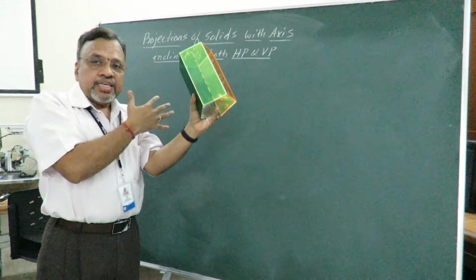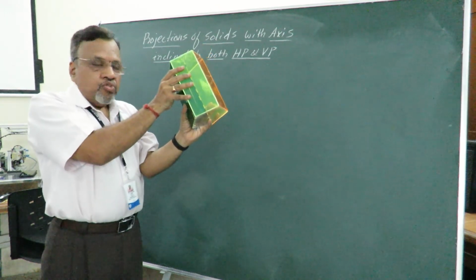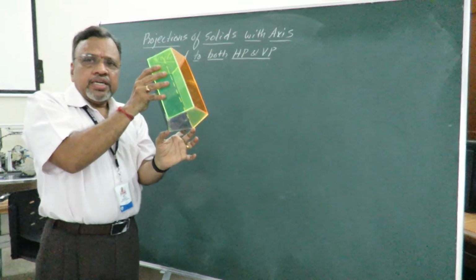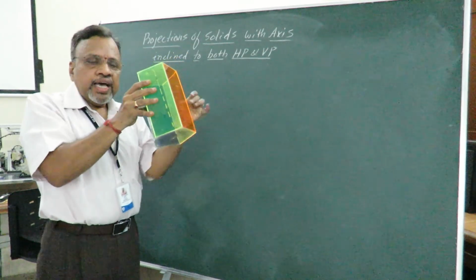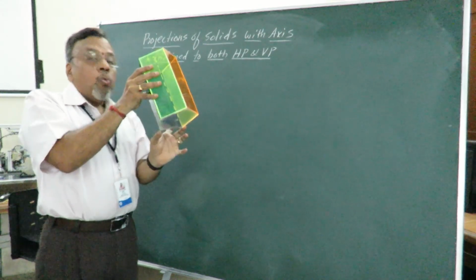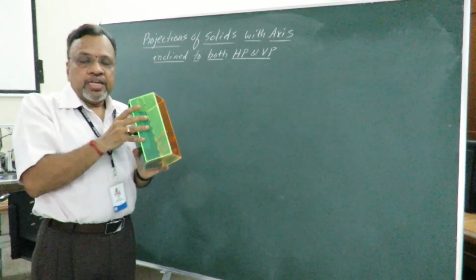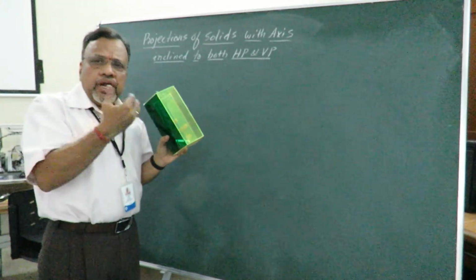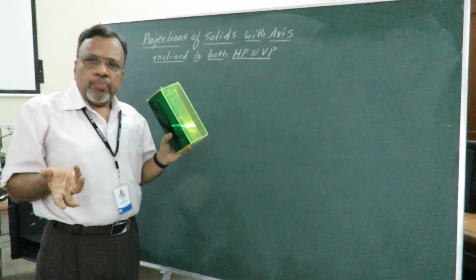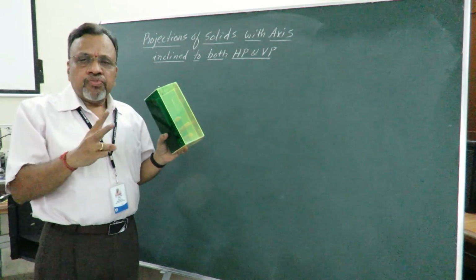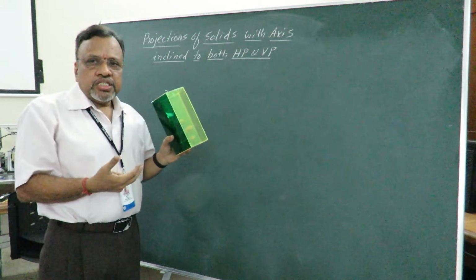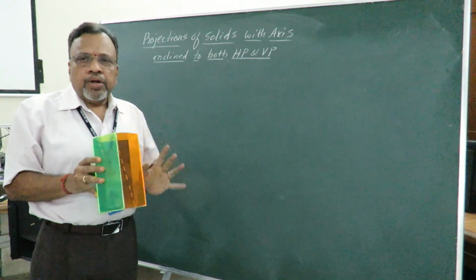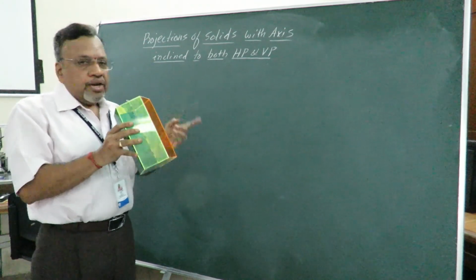So whenever we want to achieve the projection of solids when the axis is inclined to both planes, I can consider this particular case: axis inclined to HP, then one of the sides inclined to VP. That is one type of problem. Another type of problem says directly that the axis is inclined to HP at a certain angle and the axis is inclined to VP also at an angle. So we have two types of problems, and in the examinations one of them will be given. Is it okay? With this introduction, I want to do one problem wherein the axis is inclined to both the planes.